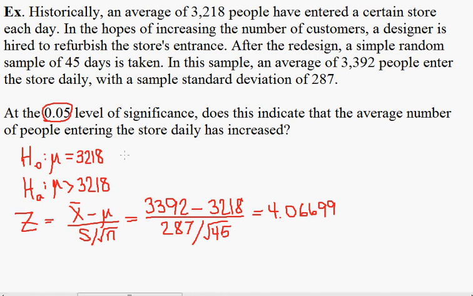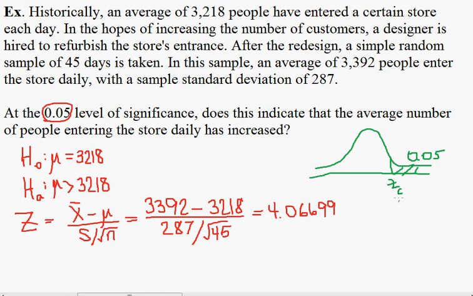So we need to use the bell curve to determine the critical value that goes along with that level of significance. So let me draw the bell curve over here. So I need to figure out the value of z critical so that the area to the right is equal to 0.05, and it is the area to the right because we have the alternate hypothesis as mu greater than 3,218. So I have a greater than sign for the alternative hypothesis, which means that I need to use a right tail test for the bell curve.